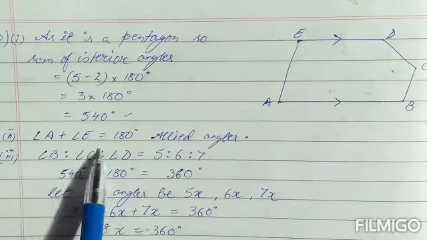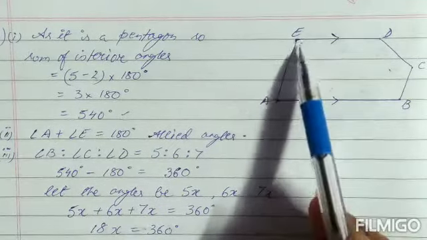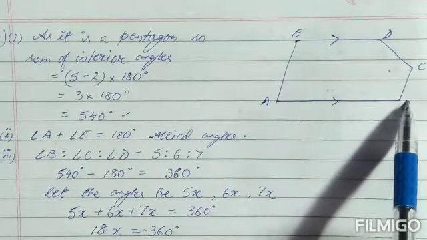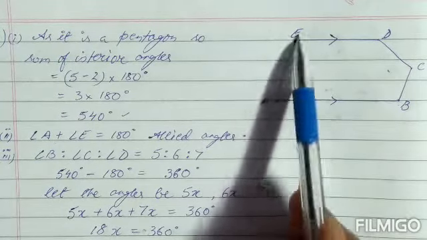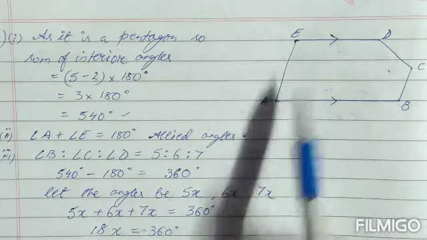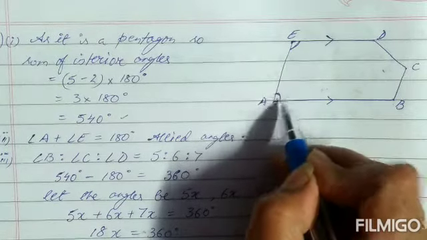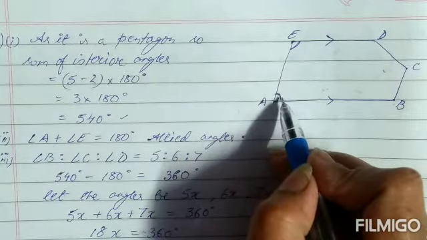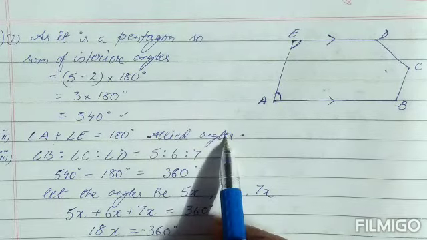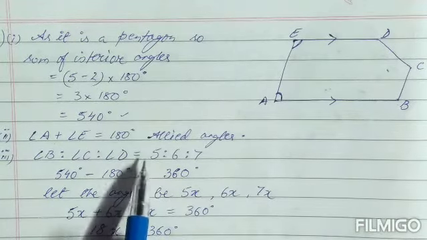Right? So angle A and angle E is 180 degrees. Why, children? Because these three angles we know, and this side is parallel to this side. That means our AE is acting as a transversal. And it is a property of a transversal, children, that if we have two angles that are on the same side of the transversal and on the inner side, they together form the allied angle. The sum of the allied angle is always 180. That's the property of the parallel lines and the transversal.